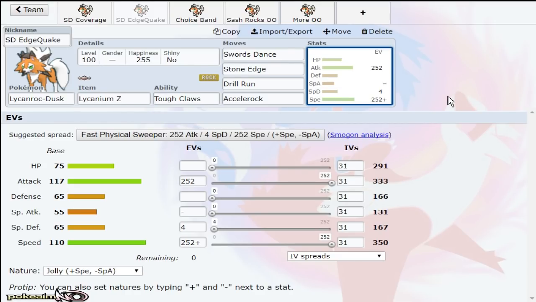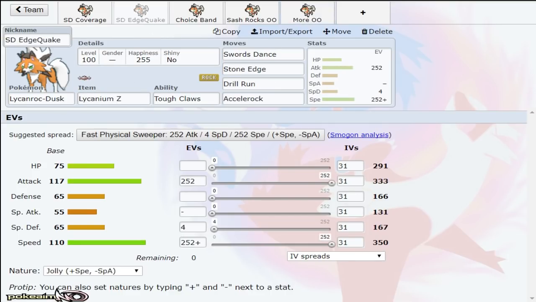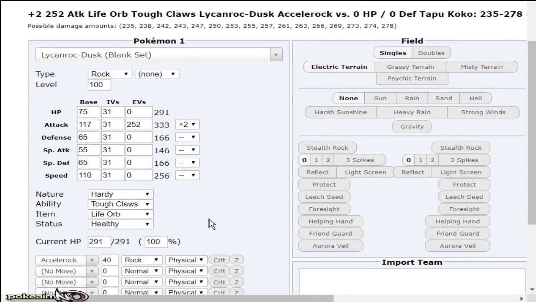Stone Edge, Drill Run, it's near perfect coverage for this Pokemon, and Accelerock just gives you that priority for faster Pokemon, whether it be like Thundurus, whether it be Tapu Koko at +2. It can do some work. Actually, in other options, I did put Life Orb, and I'll show you some Life Orb calcs right here, but this is +2